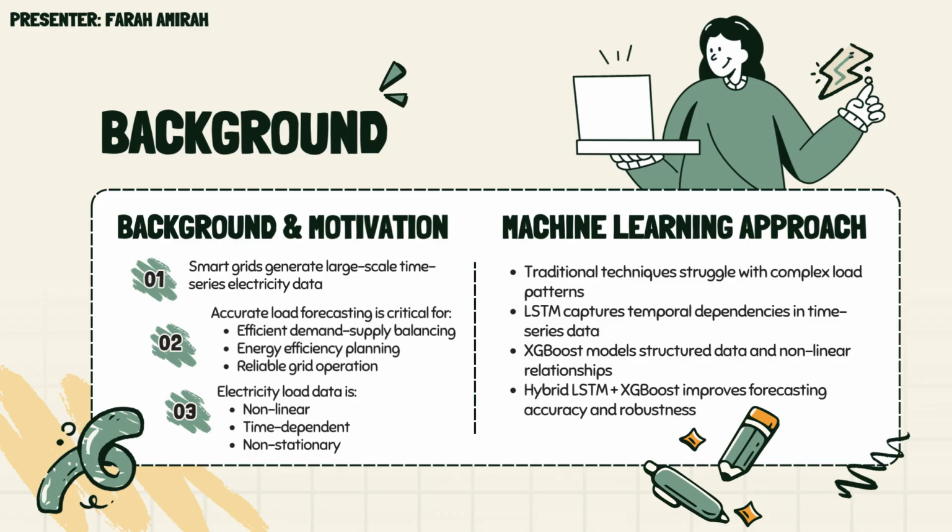Okay, moving on to the machine learning approach. Traditional statistical forecasting techniques such as linear regression and tree-based models often struggle to model the complex characteristics of real-world electricity consumption data. This is because smart grid data exhibit sudden fluctuations, daily and hourly patterns, and complex interaction among multiple features. As a result, machine learning and deep learning approaches have gained popularity due to their ability to model